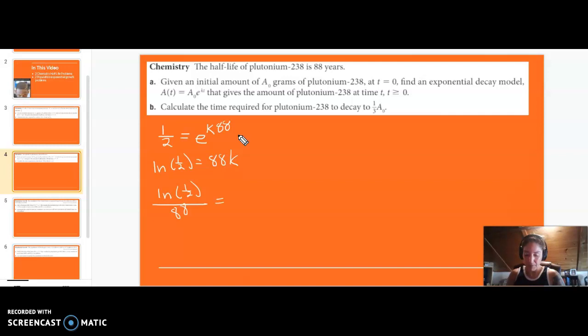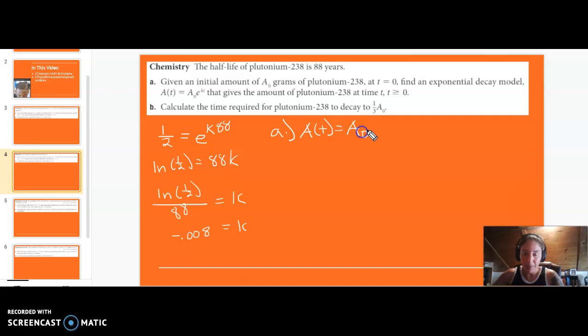Ln of 1/2 divided by 88, there's 88. Our k equals negative 0.008, and I'm going to round 0.008, almost 0.007. So our exponential growth model then is, so to answer A,